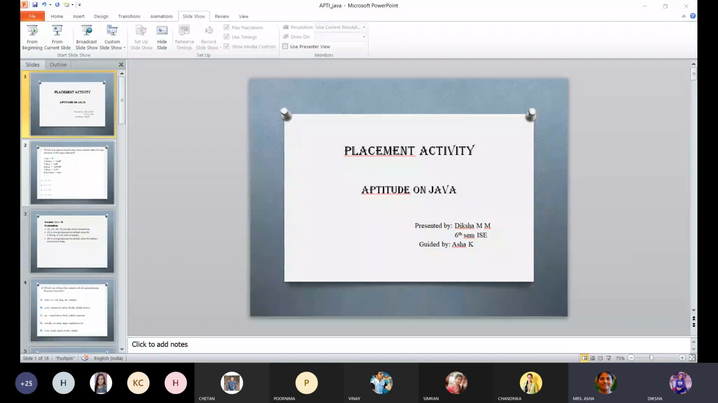Good afternoon, everyone. My name is Diksha MM, 6M ISE. Now I am going to explain some aptitude questions on Java. The first question is, which four